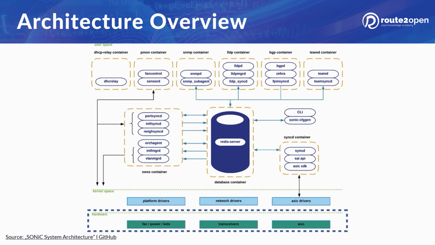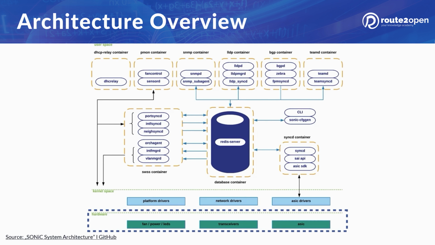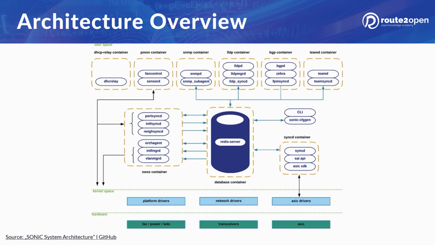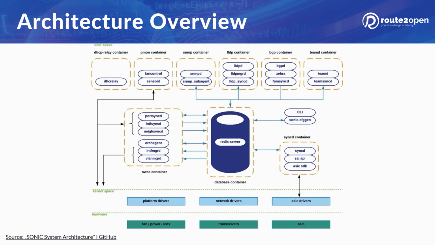Two other crucial elements of each network device are transceivers, which provide external connectivity to the system, and the ASIC, a microchip which is at the heart of each network device and facilitates high-speed data forwarding in silicon through all of the switch ports. All of the hardware elements have their respective drivers, which operate in the kernel space and enable communication between those hardware components and applications running in the user space.